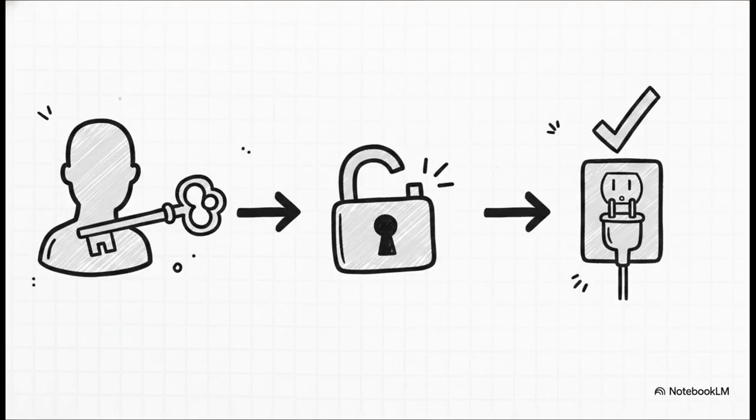So, Phase 1 is all about access. First off, you need to create a dedicated integration user account within Fusion applications. Pro tip here, definitely don't use a personal admin account for this. You're going to need to assign it specific security roles, most notably the SVC SOA operator role, which is absolutely